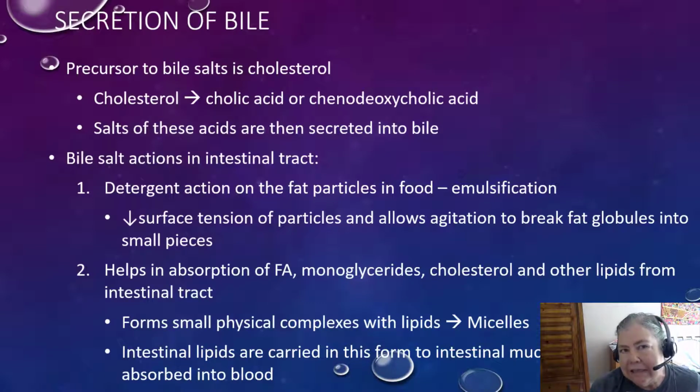And there is mixing, as we've talked about in the small intestine, and the big fat globs are broken up into small fat globs. So bile is required to help absorb fatty acids, monoglycerides, and cholesterol and phospholipids and other lipids. We've already talked about micelles and how micelles are the